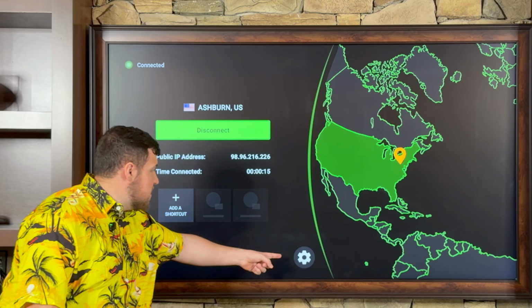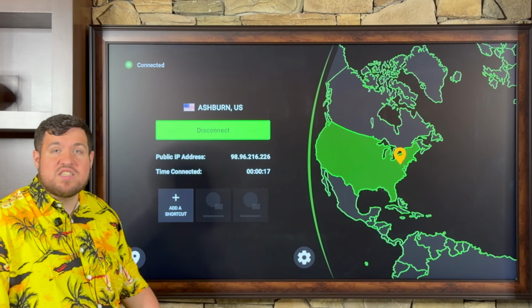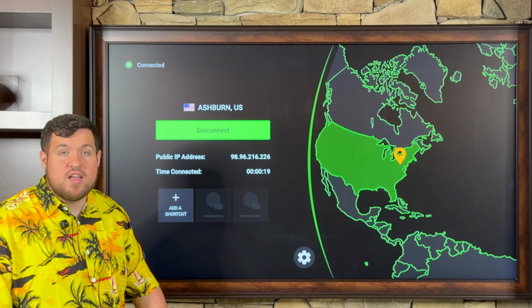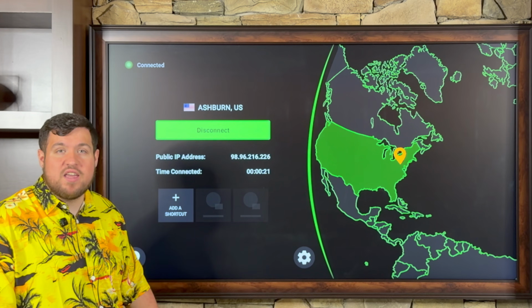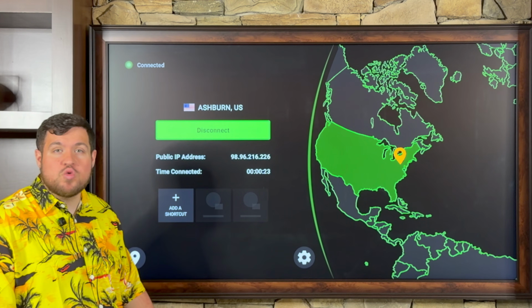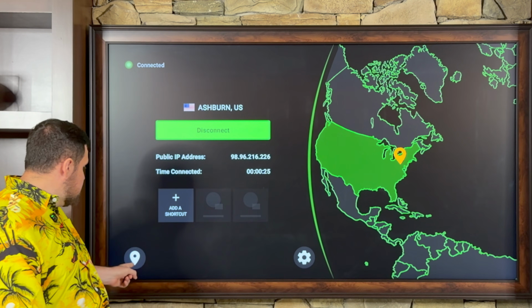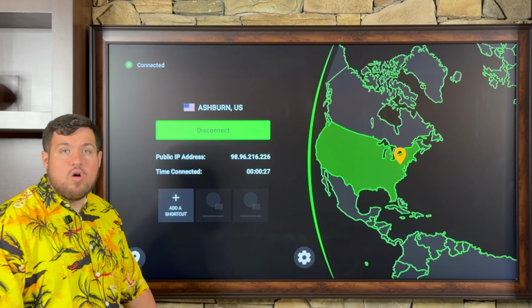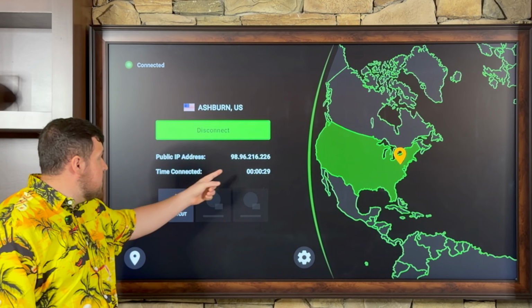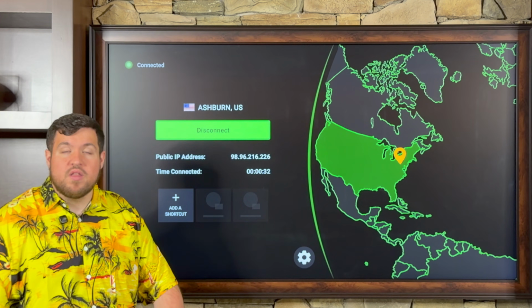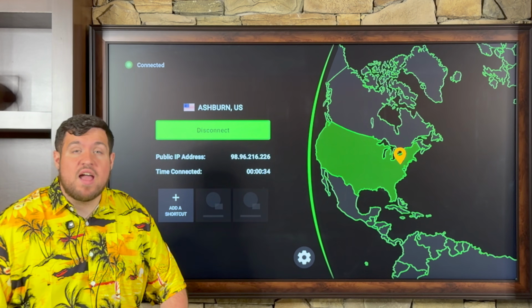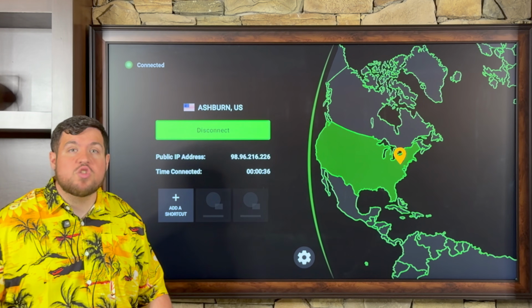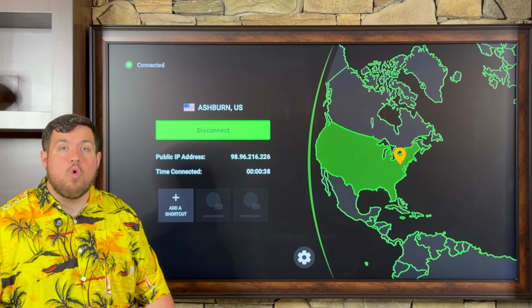Now, you're going to see this gear icon down here. If there's any settings within the VPN that you'd like to change, please feel free to visit that gear icon. If you want to change your server location, you can visit this icon down right here. You'll also notice where it says time connected, and the time just keeps going up. Now, we're always going to remain connected to the VPN unless we click that disconnect button or we turn off